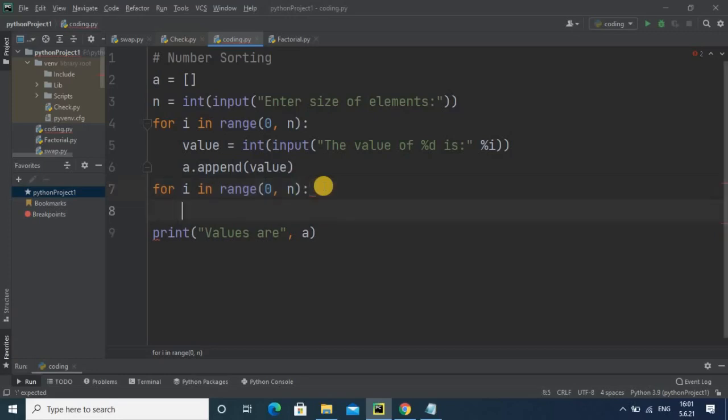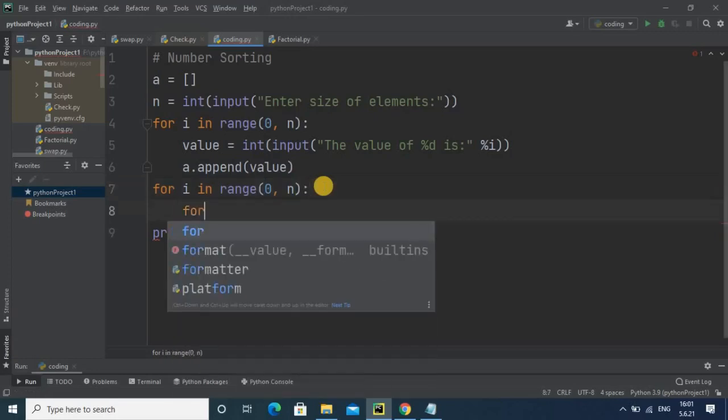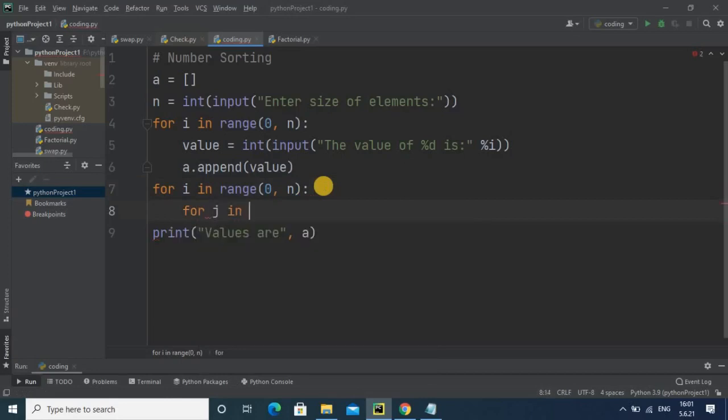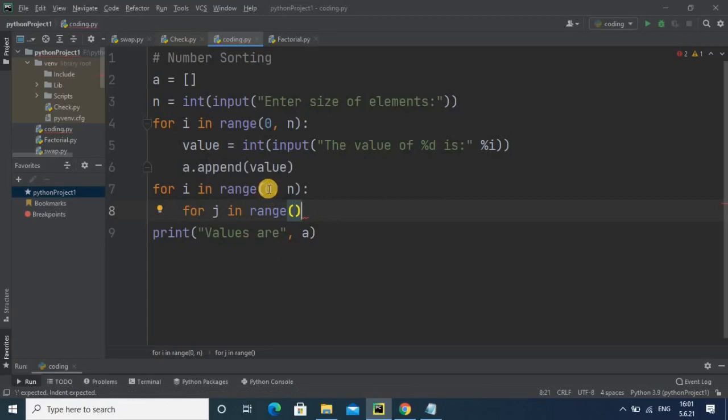This is the first for loop, and it will extract all the values. Then we need one more for loop, and by using this for loop we will do the comparison.